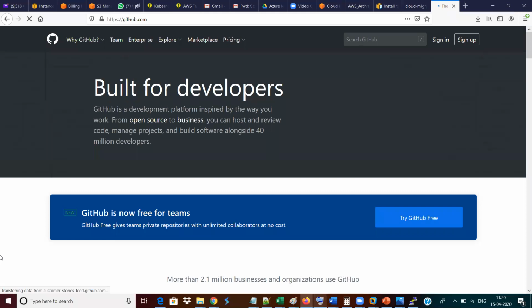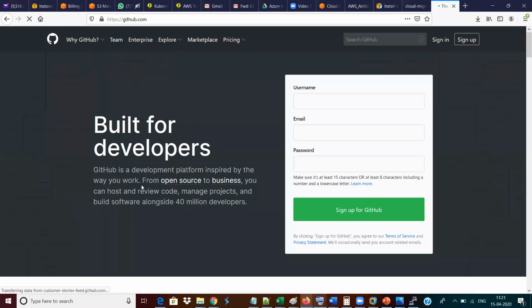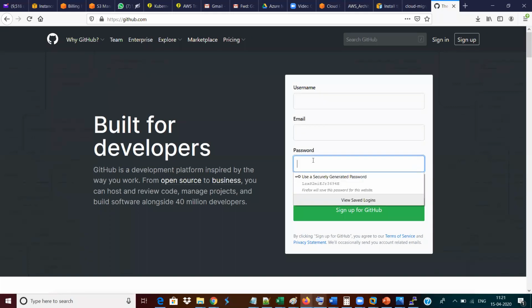Here you need to sign up for an account, but I already have one account, so with that account I'm going to log in directly. But if you don't have an account, give your username, your email ID and your password. With that user ID and password only, hereafter you need to log in. So remember that user ID and password hereafter. But I have my own user ID and password.